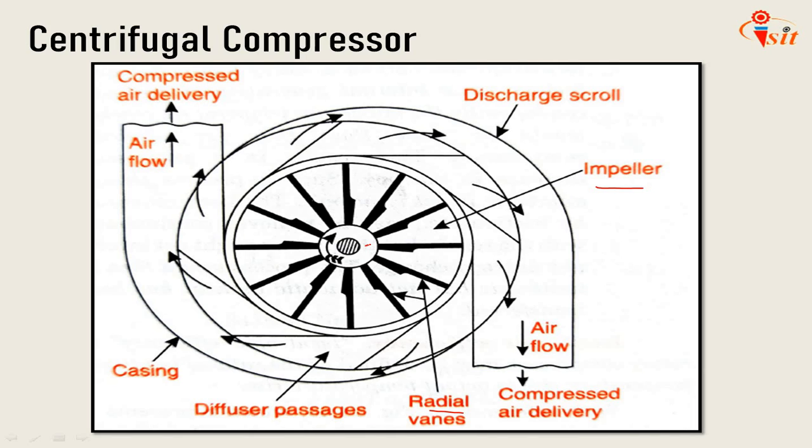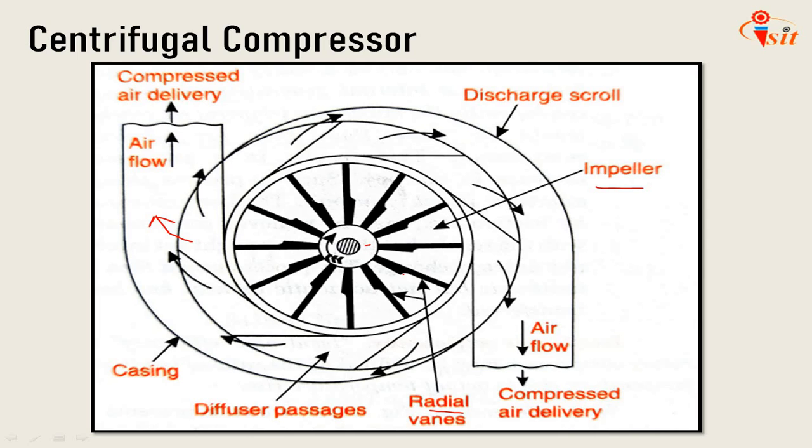Due to the centrifugal action of the impeller, the air moves radially upwards, and during its movement is guided by the impeller vanes. Here these are the impeller vanes. The impeller transfers the energy of the drive to the air, causing a rise both in static pressure and temperature, and an increase in velocity also. Let the increased pressure and velocity be P2 and C2. The work input equals the rise in total temperature.